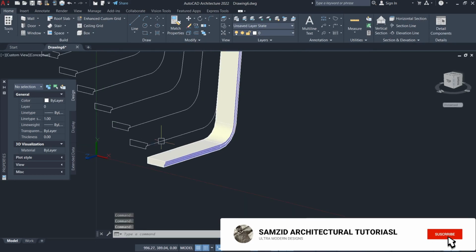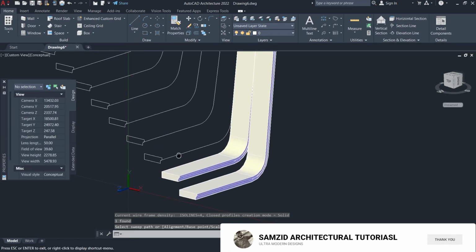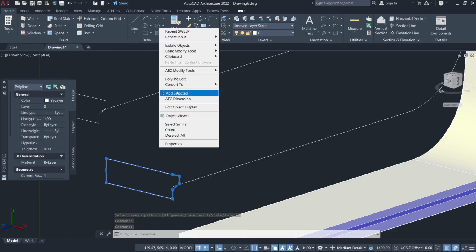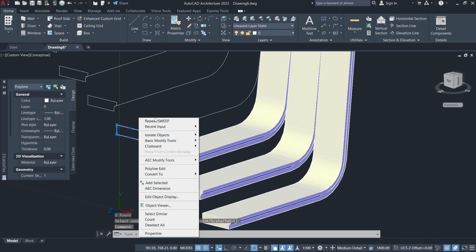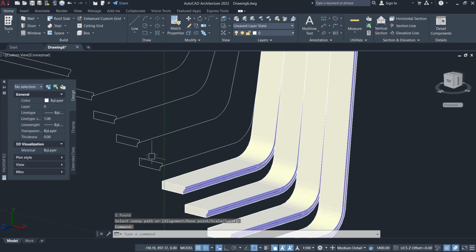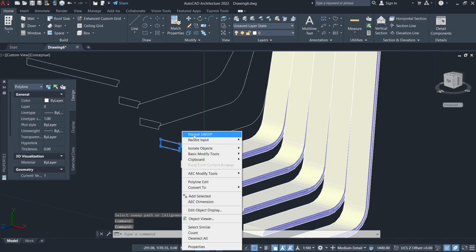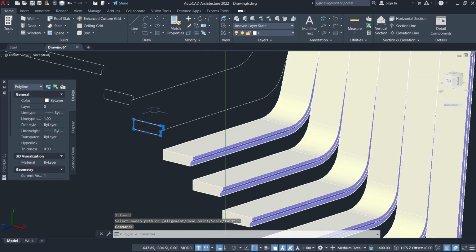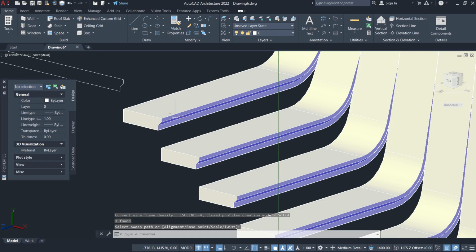Very nicely. So I will select this one again, go to sweep, then it's my polyline. Select this one again, go to sweep, and then select this one, go to sweep, path, select this one and go to sweep, path, select that, go to sweep, select path, select this one again, sweep, path, select this one, go to sweep, hit path, select